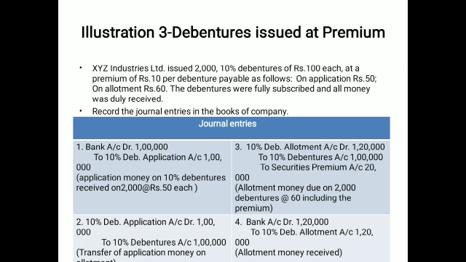One thing I also want to say to you: if the premium amount 10 is attached with the application time, then you have to pass the entry first. If it is received at the time of application, bank account debit to the debentures application, 2000 multiplied by the 60. In the first entry you don't have to show the premium, but in the second entry when you are passing 60, then transfer 50 to the debentures and 10 to the securities premium. So this is the scheme which you may use during your process of debenture issue. Thank you.